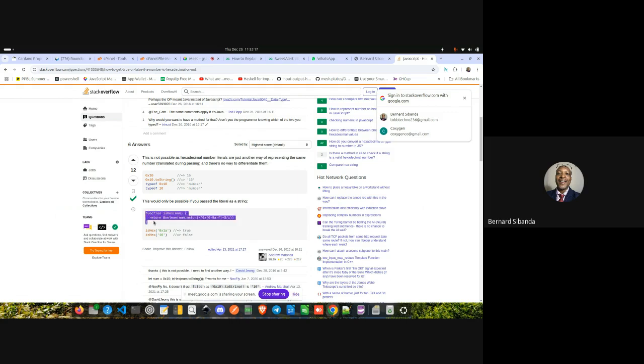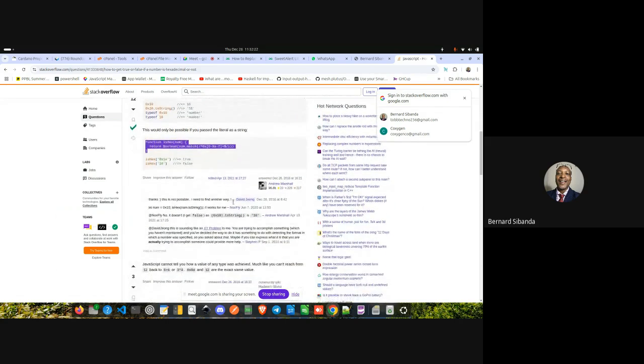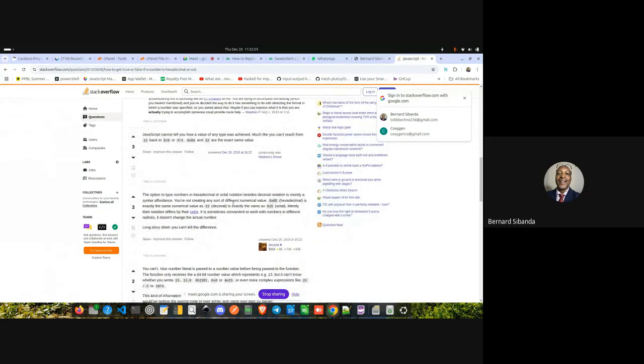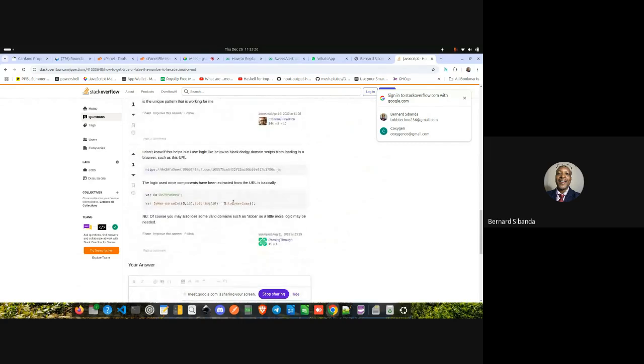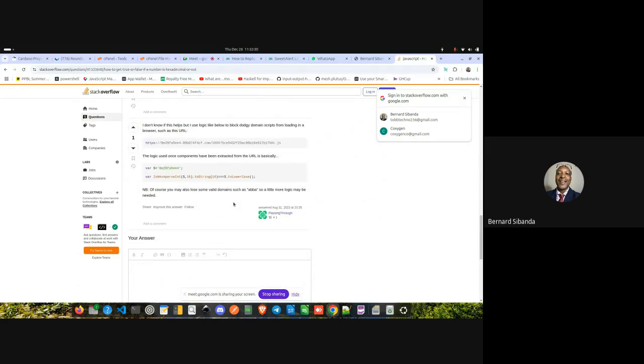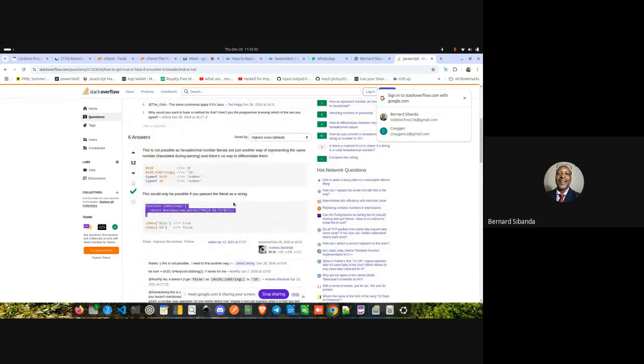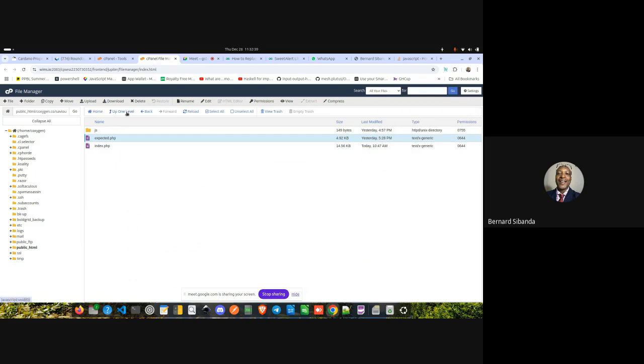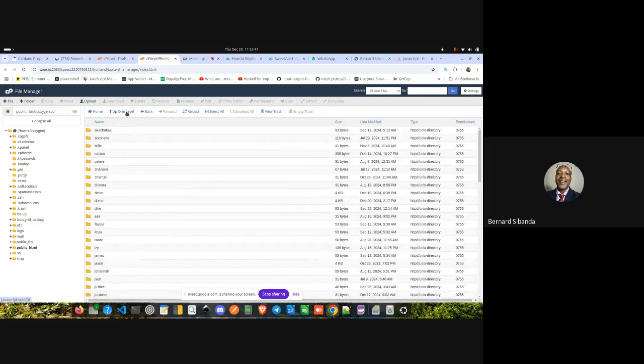Why? Because this one has a tick. Stack Overflow, they test these answers. When they put a tick, they test. Okay, so I trust this one. So let's take this. I'm going to add it onto our Coxylib.